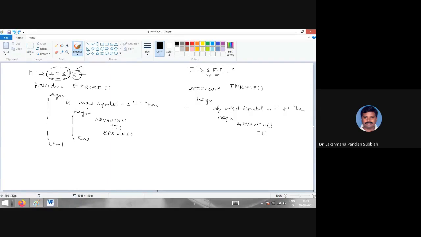Here you make end. Now this alternative is empty, so no need to put an else part, you close it with end. So this is the procedure for T prime and E prime. Clear? Clear now? Clear, sir.